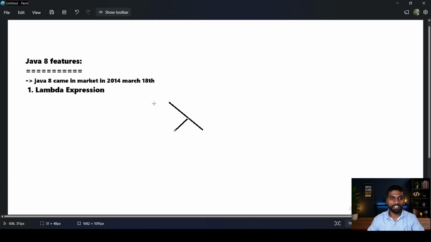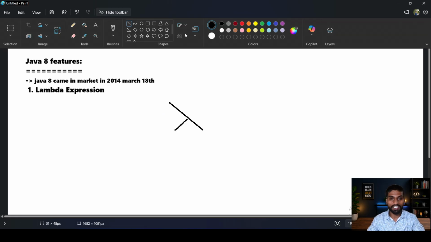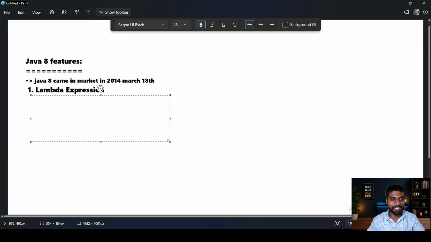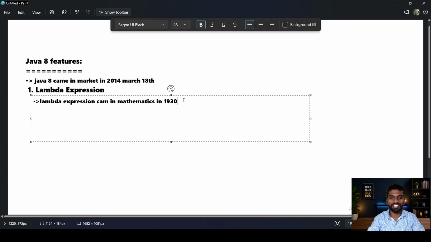Do you know Lambda expression? I have to tell about something regarding Lambda expression. Lambda expression came in mathematics in the 1930s. In the 1930s, it was a big change in mathematics. Who developed this?